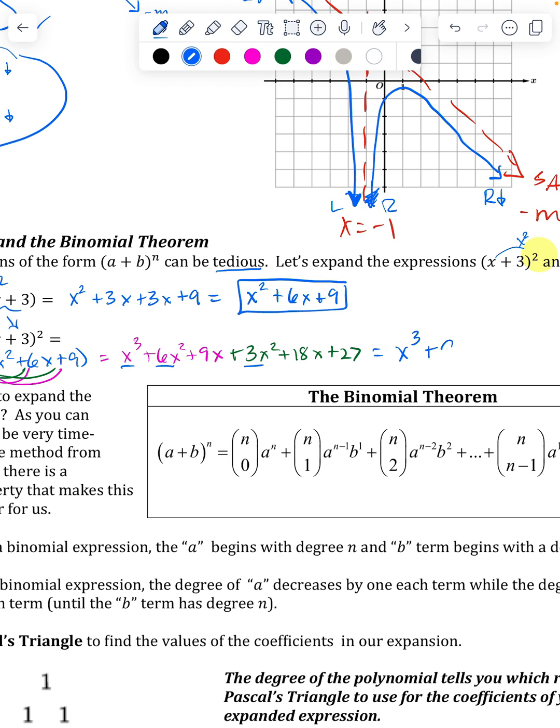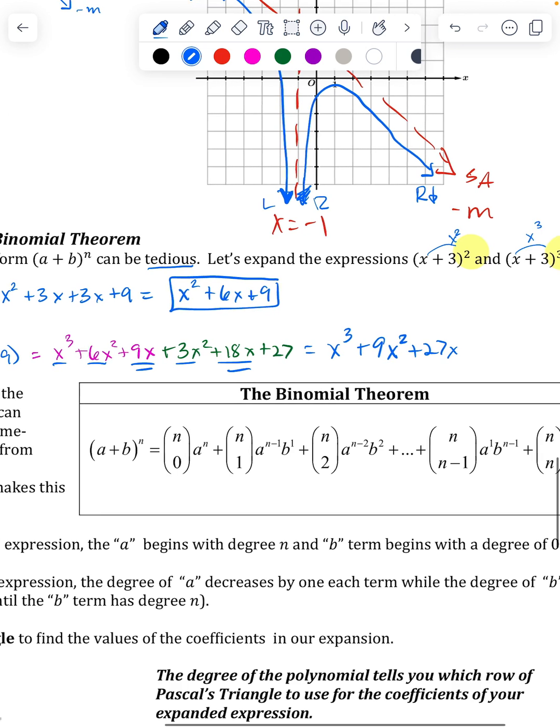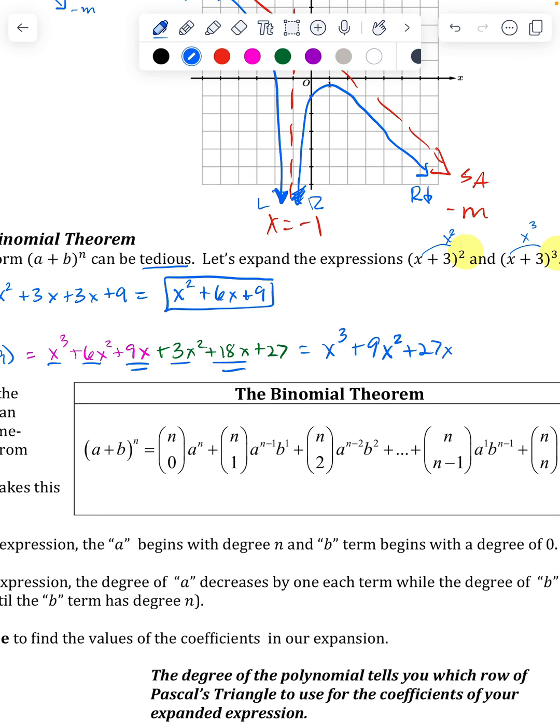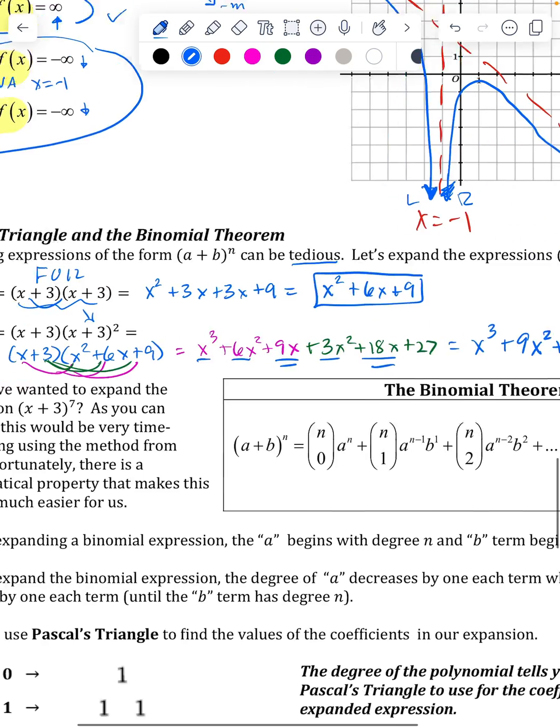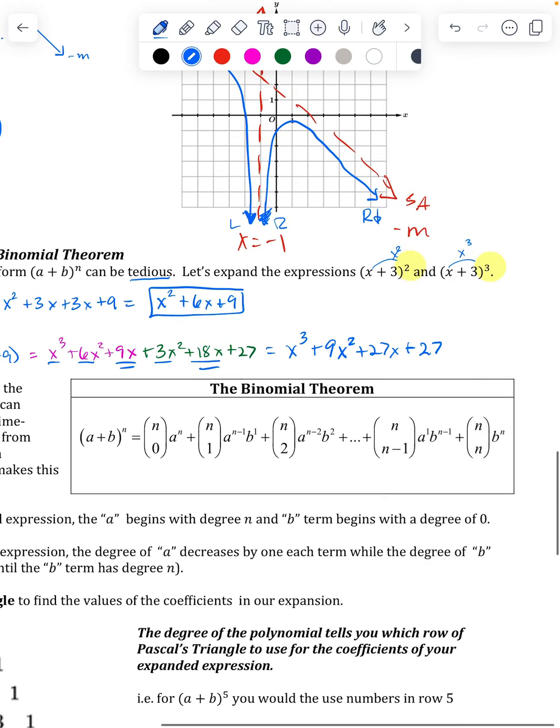Excuse me. Plus 9x squared. I'm allergic to multiplying these out. Then I've got 9x plus 18x, so that's going to be 27 plain x's, and then I have 27 at the end. I'm looking at the notes key and there's a mistake, so I was just triple checking that that was right. Okay, so this is my answer, and that's fine,